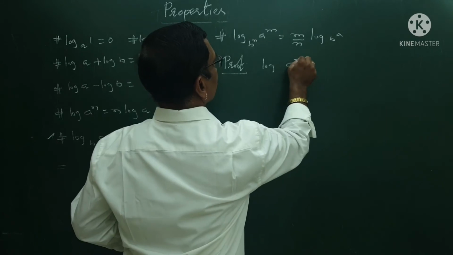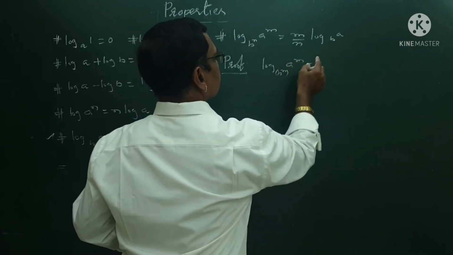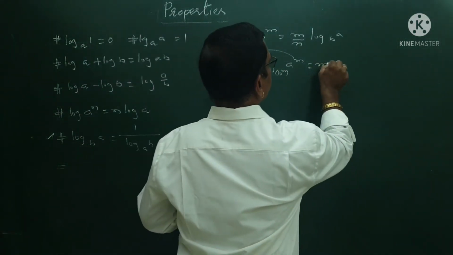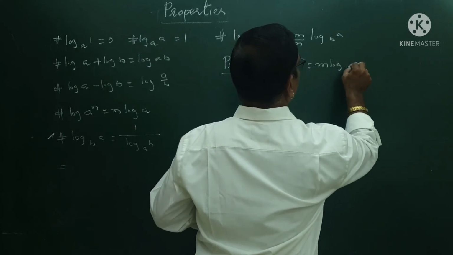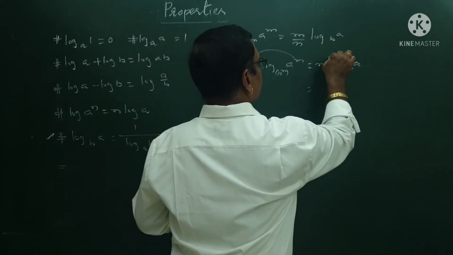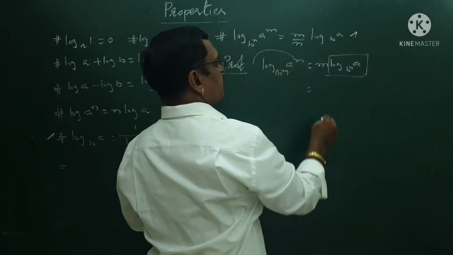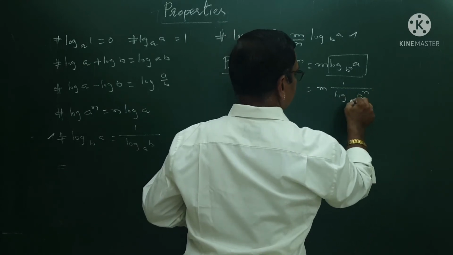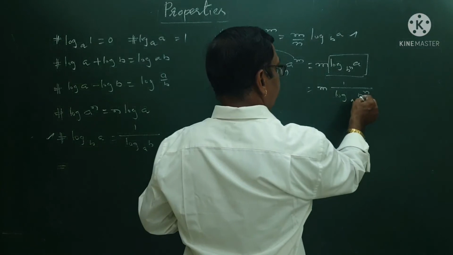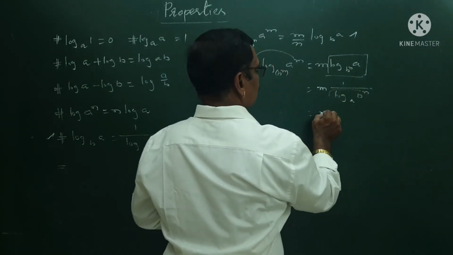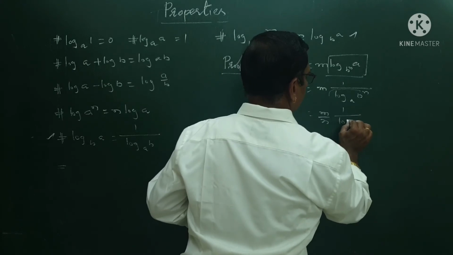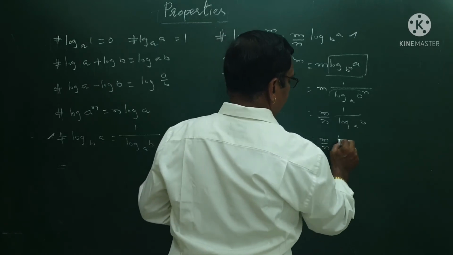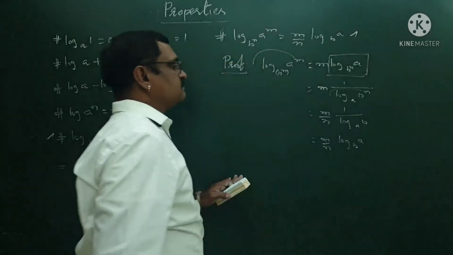Take the left hand side, log A to the power of m base B to the power of n. Now I can bring m out using this property. So this is m times log A base B to the power of n. Now using the above property, it can be written as m times 1 over log B to the power of n base A. Again I can bring n to the multiplication position. So m by n times 1 over log B base A. Again converting into the original form, I will get m by n log A base B. Therefore